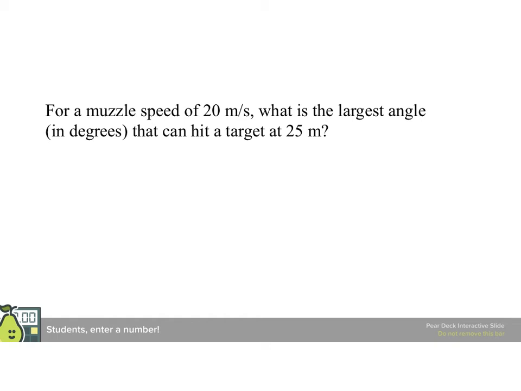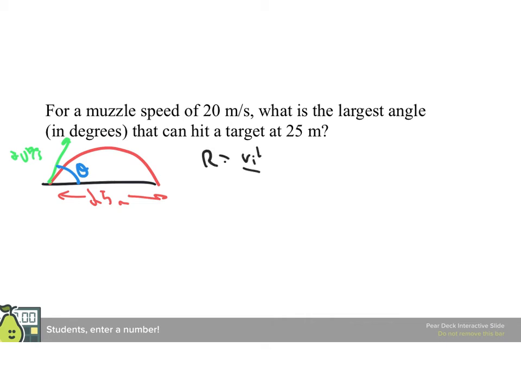Next, for a muzzle speed of 20 meters per second, what is the largest angle in degrees that can hit a target at 25 meters? So, quick sketch. We're firing, and it lands. We want this to be 25 meters, given that this is 20 meters per second, and we have some angle, theta, which I don't know. So, we say the range is v_i squared over g sine 2 theta. So 25 meters equals